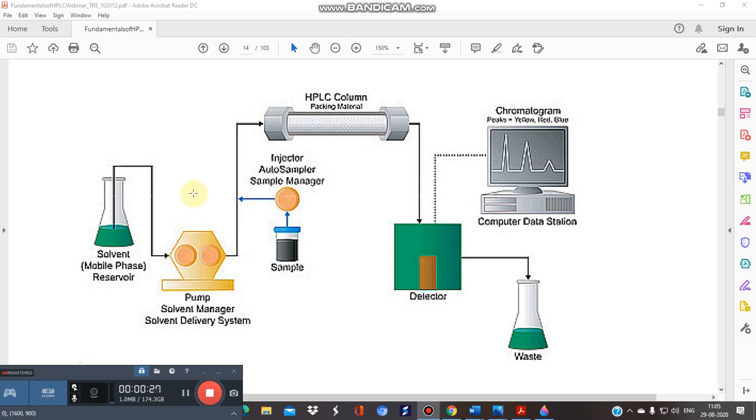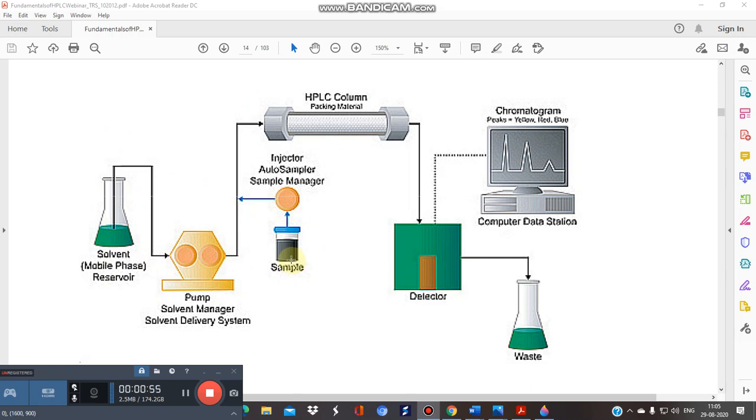So see again, this is the basic instrument that we have already covered in the previous slide. Let's recall a bit. As the name indicates, it is high pressure. So you can see for pressure we will use a pump, or you can say a solvent delivery system. And for chromatography, we need majorly two things, the stationary phase and the mobile phase. This is the mobile phase, or you can say the solvent reservoir. With the help of the pump, it will flow in this way.